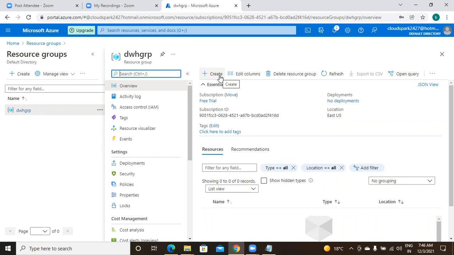Advantage of resource group, management of resources is easy. Either to start a resource or to stop the resource, or to check what all the resources available under your project, in that case, that will be helpful. I'm going to create a resource, that means add a resource. Just click on create.